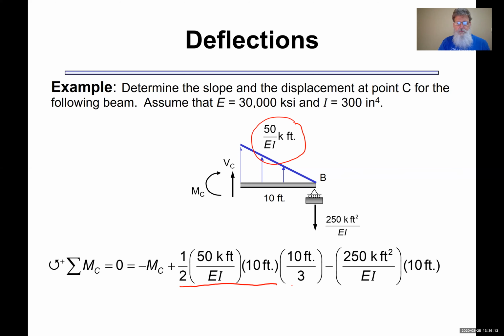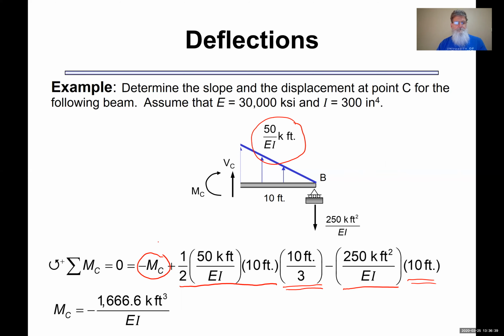And then that's the distance to the centroid. 1/3 the distance from the cut, or 10/3. And then my reaction force, it's down, so that's creating negative bending moment about the cut, and then there's the moment arm. So I'm solving for the moment at C. So I do that,